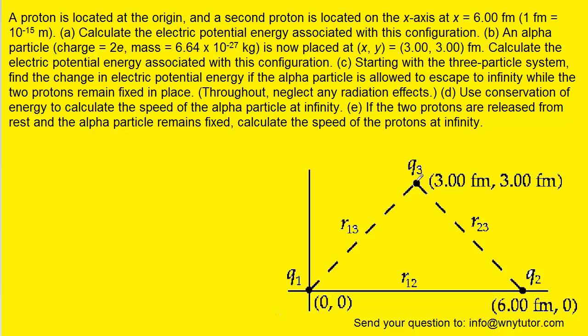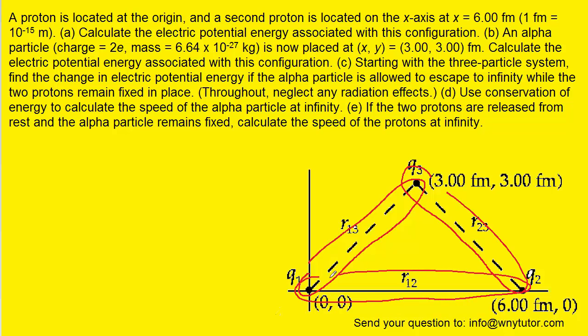In part B, they're bringing in an alpha particle, which is described in the question in the parentheses, and they're placing it at a coordinate 3, 3 femtometers, and we're now asked to calculate the electrical potential energy of this 3-charge system. Now we have to notice that there's actually 3 pairs of charges that we have to make the calculation for. We have Q1 paired with Q3, we have Q3 paired with Q2, and then Q1 is paired with